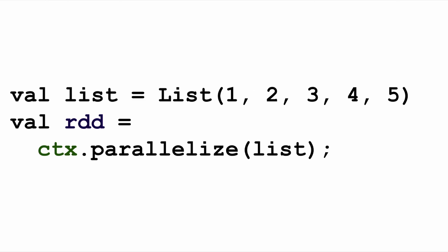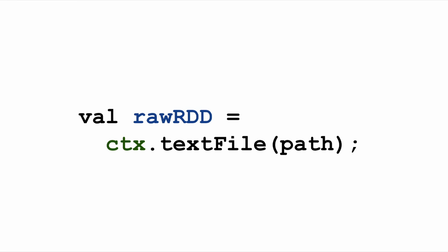As far as a parallelized collection, we use Scala, we take a collection in memory and we say parallelize this, and it ships it out. Obviously you would never do this with a collection this small, because you might as well just be doing it on one JVM. But if this was 1 million values inside of a map, you could ship it out, and it would break that up and partition it for you across the cluster as you need it.